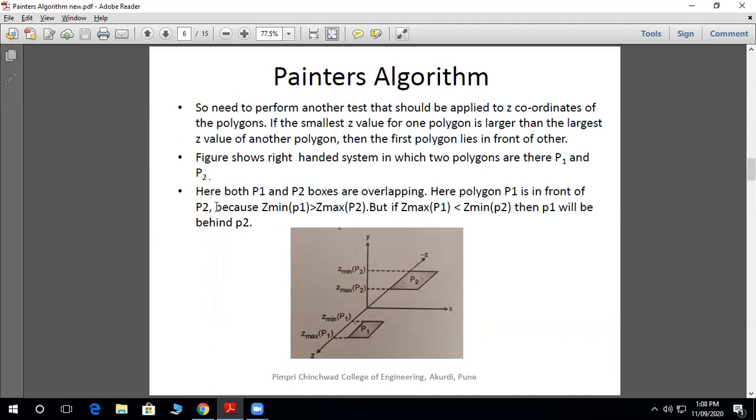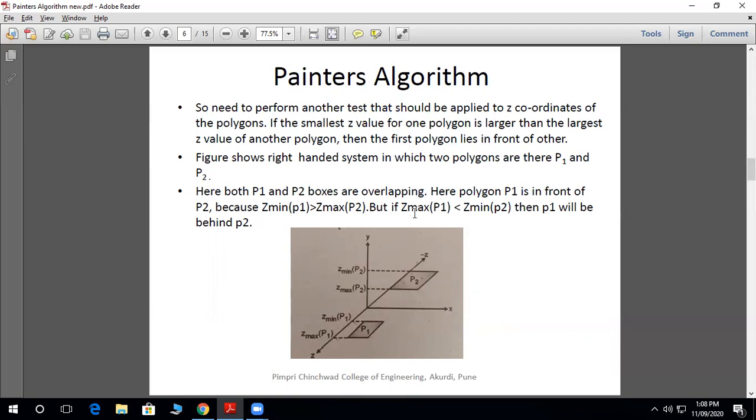So how firmly can we say that P1 is in front of P2? Because Z minimum of P1 is greater than Z maximum of P2.